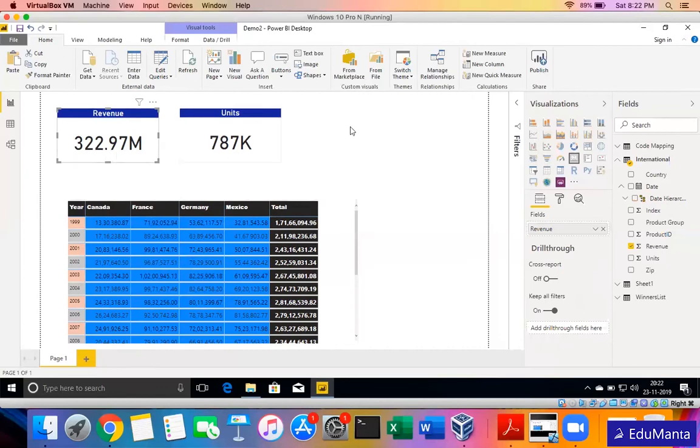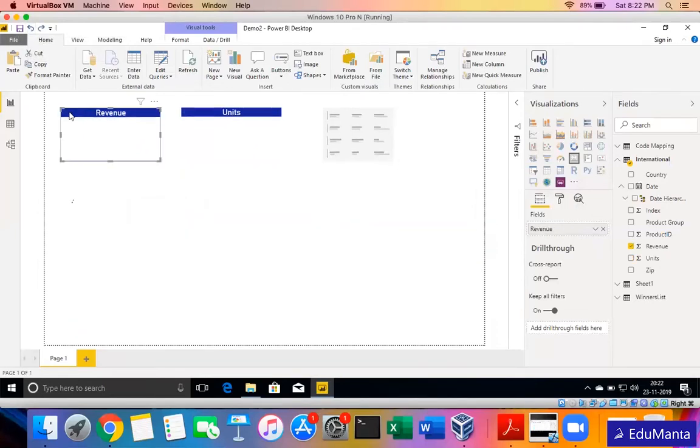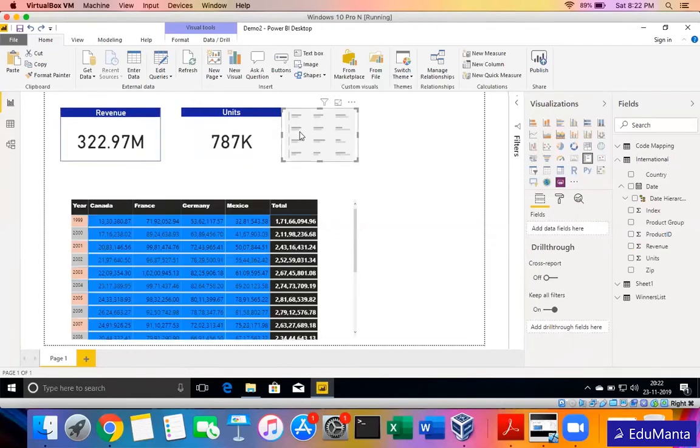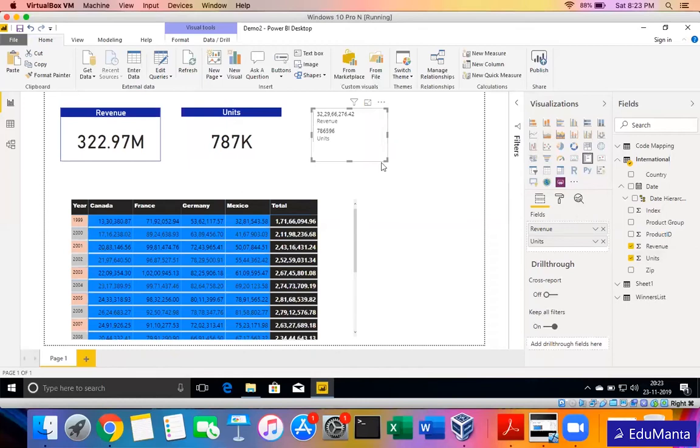There is another similar kind of visual that Power BI provides, a multi-row card. This is something, if I want to combine revenue and units in a single card, then here I can add multiple fields. In a card, I cannot add multiple fields. When revenue is there, suppose I want to drag units, it will replace revenue with units. I can undo this step using just the undo button. So this is revenue right now, but I wanted inside this card both revenue and units. Then I have to not use the card, but the next icon, which is a multi-row card. So I have dragged it here. Now I can select both revenue and units in a single one.